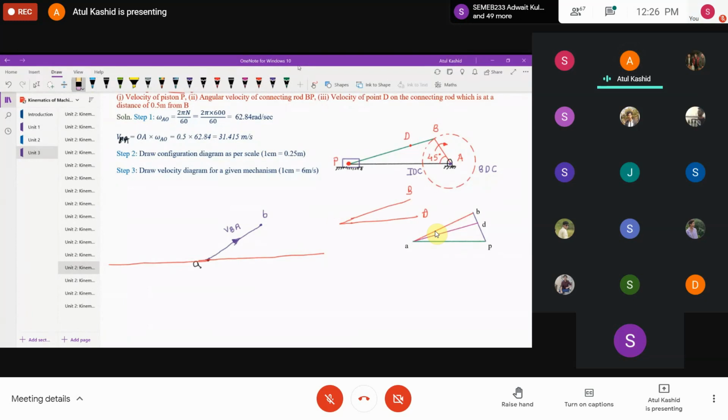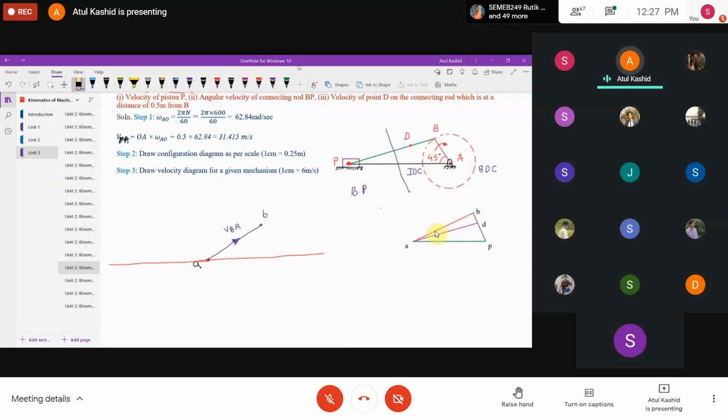Now we have drawn the velocity direction for the piston. Now the only link remaining is BP. The direction of velocity for BP will be perpendicular to the link. So one trick I told you. Now we are considering the link BP, so from which point do we have to start the vector? The possibilities are from point B and from point P. If we talk about point P, we don't have point P in the velocity diagram, so we cannot start with point P. But we have point B in the velocity diagram, so we can start with point B.